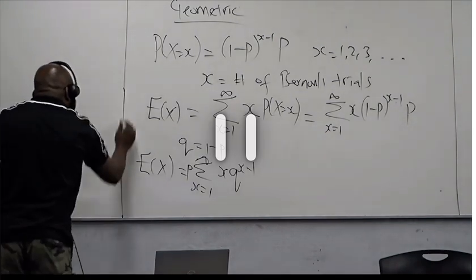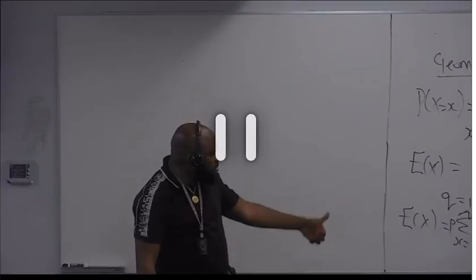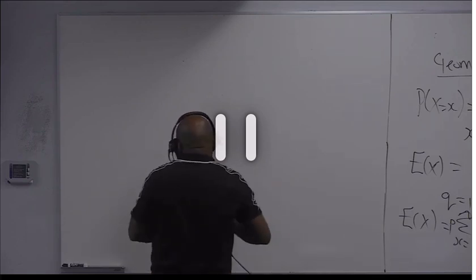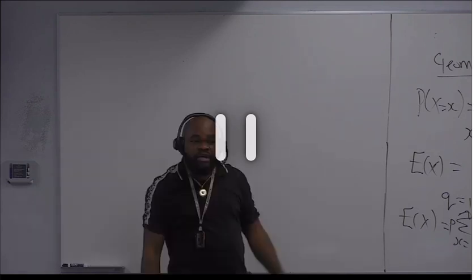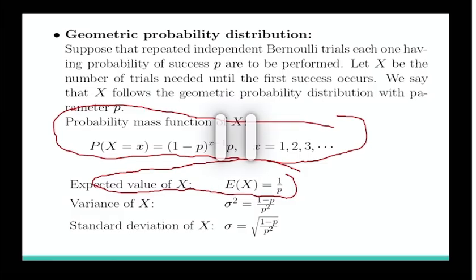It's just like somebody who is waiting for a boom in their business. How many years or how many days or how many months am I going to wait before recording a boom in my business? We can use the geometric distribution. So what we're trying to do right now is to figure out the formula for the average. Now the expected value of x equals p times the summation x start from 1 to infinity. Now we want to go to calculus. I need you to pay attention now.